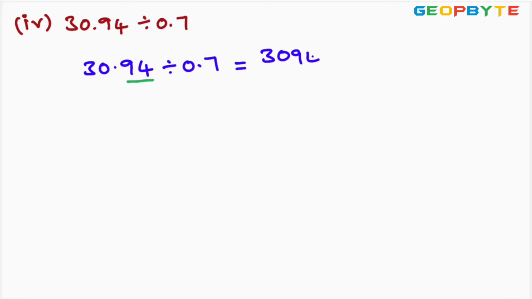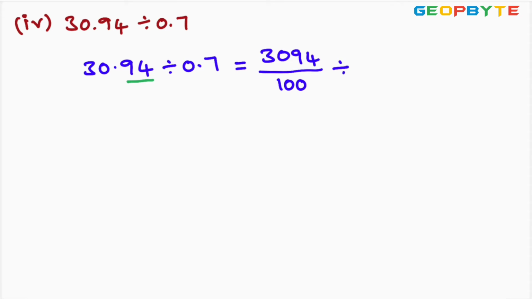30.94 divided by 0.7. We have 30.94 divided by 0.7, which is equal to, in 30.94, after the decimal point, we are having 2 digits. So in order to remove the decimal point, we need to divide with 100. Then we'll be getting 3094 by 100